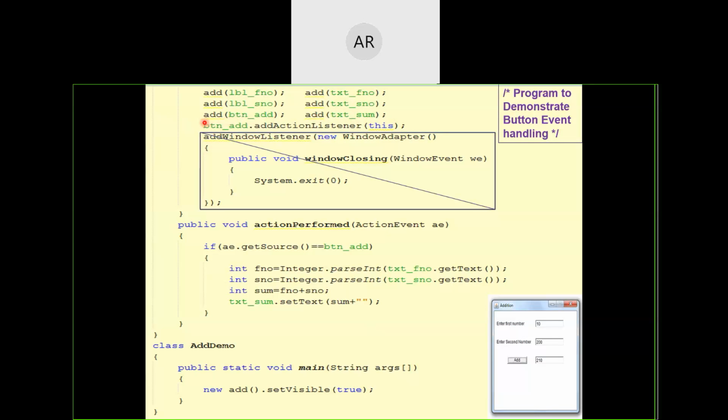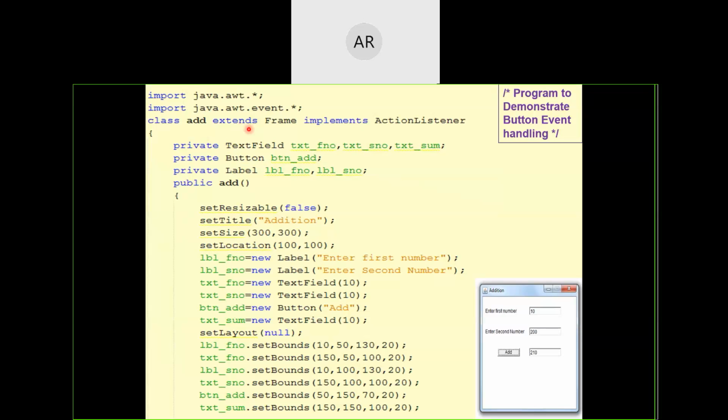Now, at this point, what I'm trying to do is attach an action listener to this button. How am I registering my button with an action listener? I'm writing button.addActionListener, the method meant for registering this button with the listener which we are going to implement.